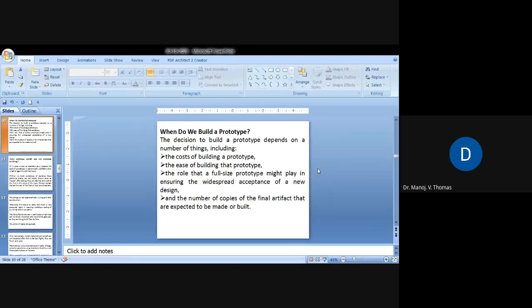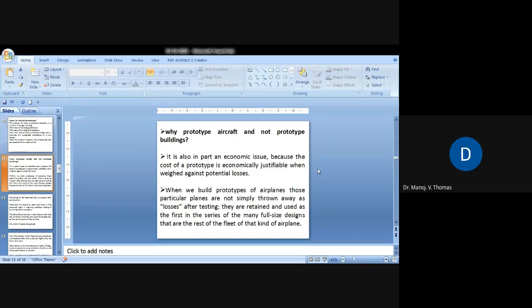And the number of copies of the final artifact that are expected to be made. If you look at a driverless car, so many cars will be manufactured, so it's not a loss if you go ahead with manufacturing a prototype. It is actually not lost, and not thrown out either, because that prototype also can be used.